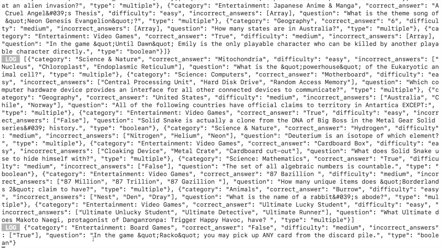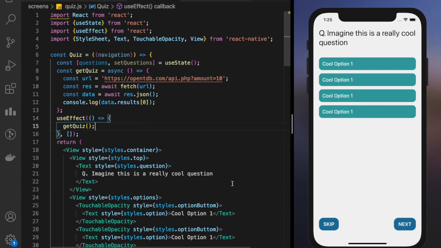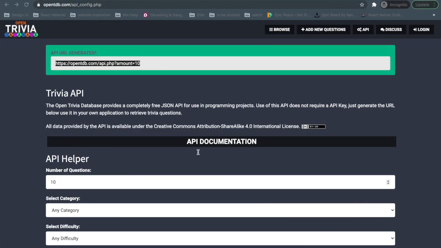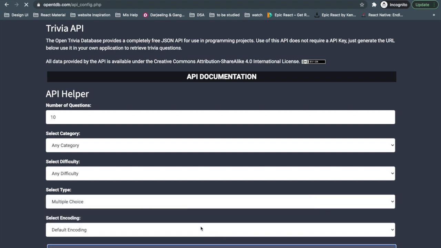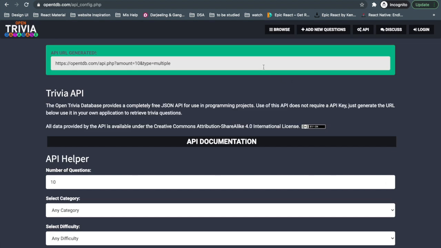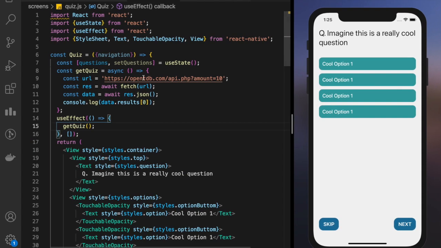In the game you may pick any card from the card pile. Okay, I don't like true/false questions, so this will increase the difficulty. So let's just type multiple choice. I'll just replace the URL, because if there are conditional questions, like some are MCQ, some are true/false, then we'll have to write longer logic for that. I don't want to do it in this video. Maybe when we create some advanced apps, then we'll do that.